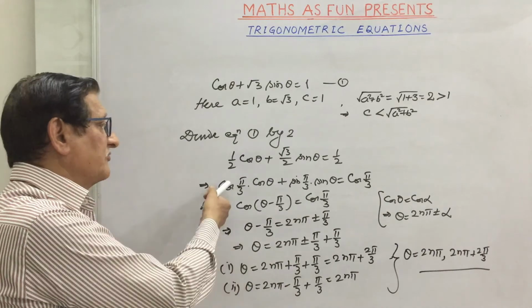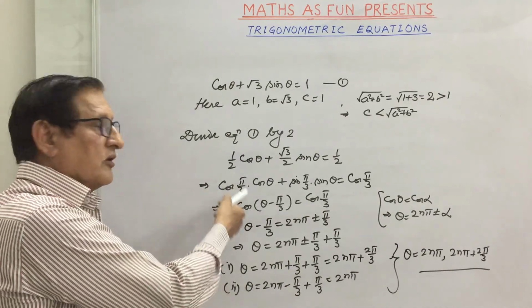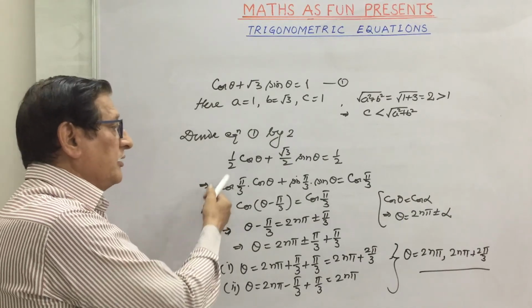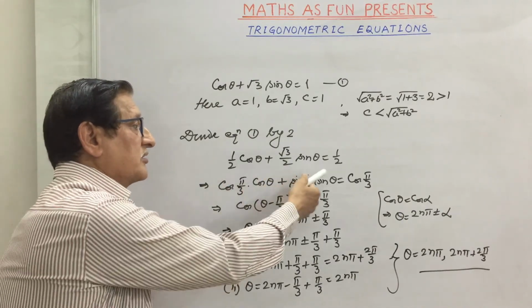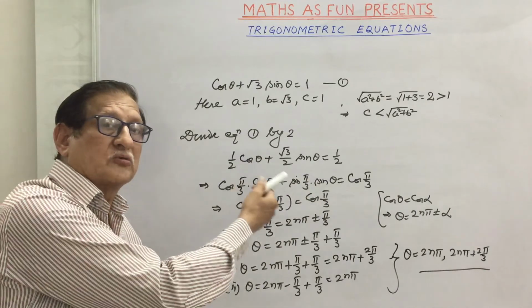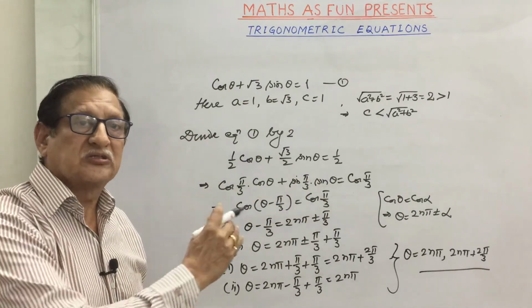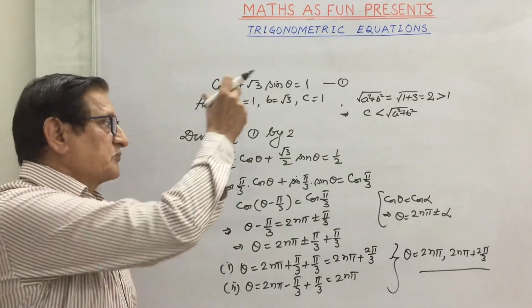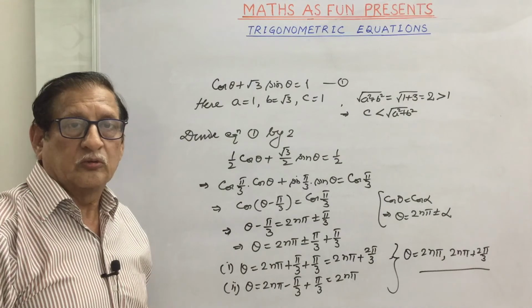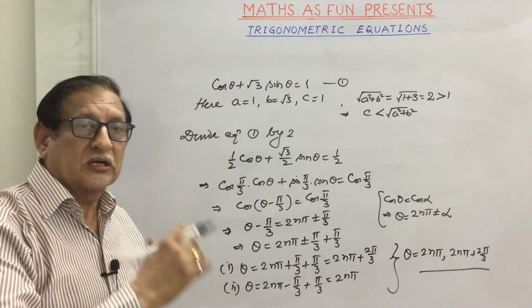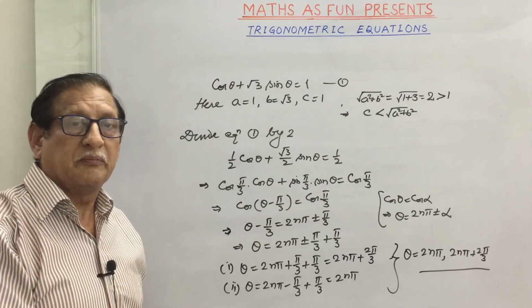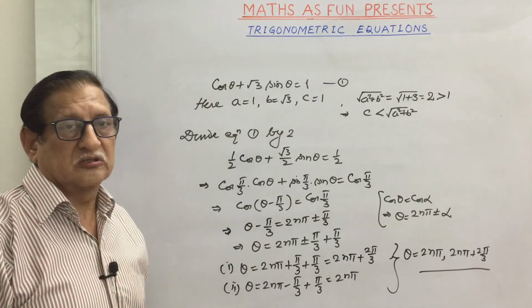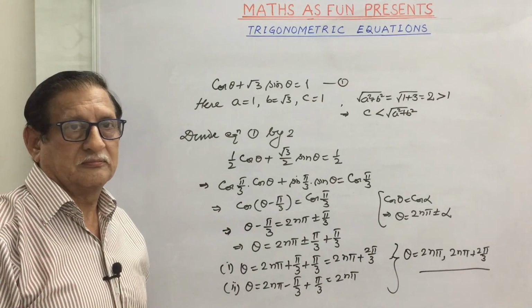It is not necessary that we take it only in terms of cos. We can also take in terms of sine, and in that case it will be sine A cos B plus cos A sine B. So we can make use of the formula of sine A plus B, and then sine theta equal to sine alpha can be used. I think by this particular video you can understand very well what type of trigonometric equations can be given to you, and in what way we can find out the principal or general solutions of these equations.